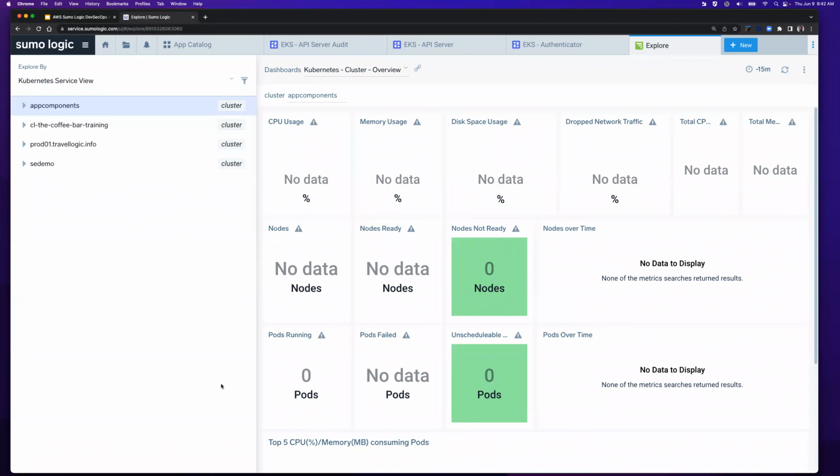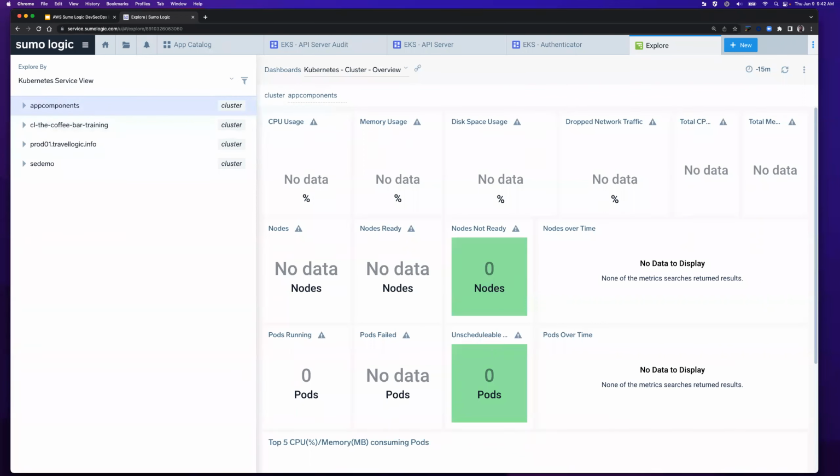Now, I'm going to pause here. The screen looks quite bad, and it is, but I'll explain why. I just want to make sure we're all together first. So hopefully you went to new, you went to Explore, and you see this screen with essentially no results. There's a reason they're showing no results. We have the ability to choose many different options here. We can choose what we want to explore by, and then we can also choose what apps or clusters we want to explore by. And my app components one just doesn't have any data.